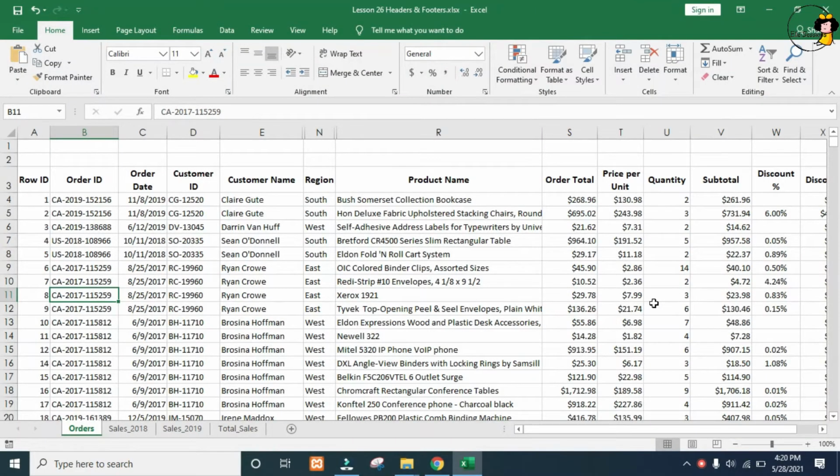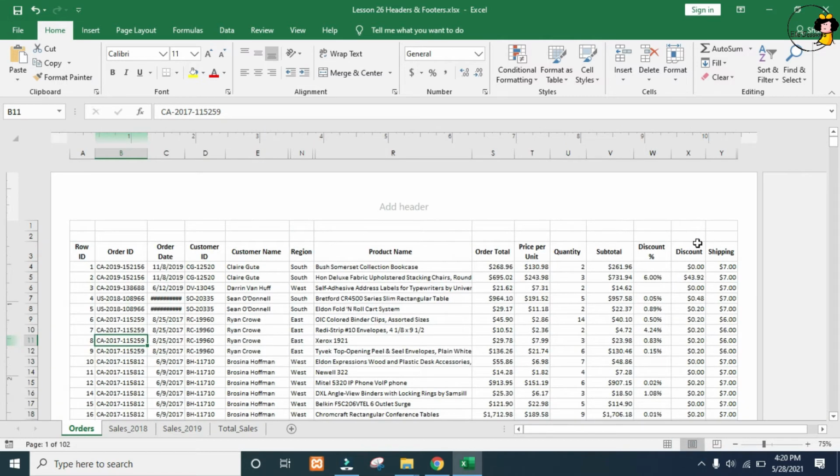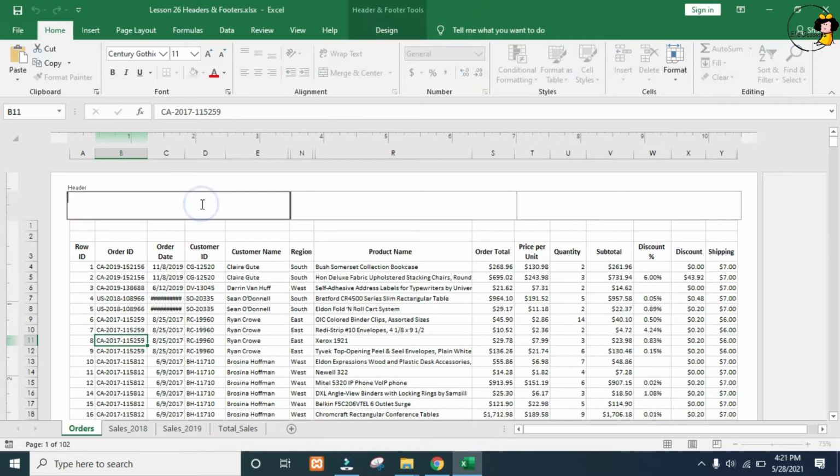It used to be quite tricky to add headers and footers, but in the newer version using the page layout view, it's really straightforward. You will notice right at the top there is a very inviting message saying add header. When I hover over it, I notice there are 3 header sections and I can add a piece of information into each. I'm going to start over on the left hand side, and when I click on it, my ribbon changes